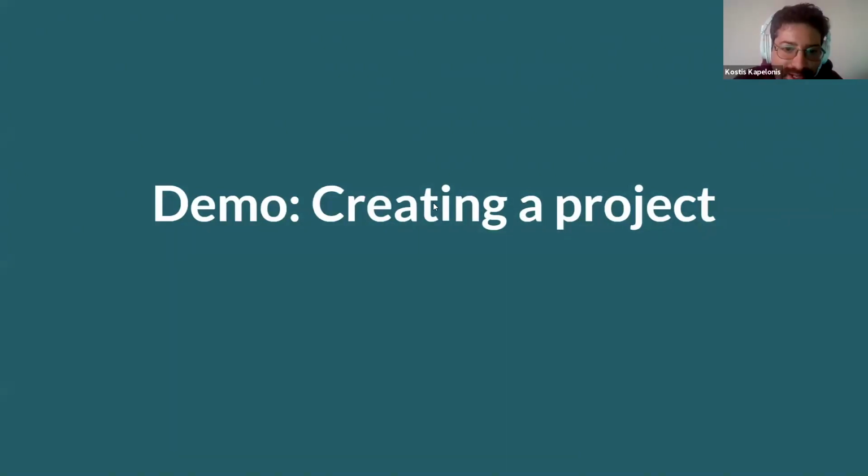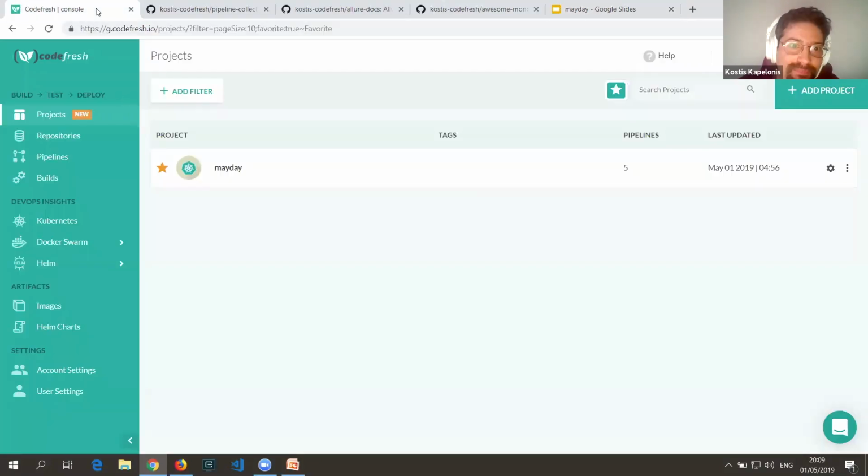Yes, so today we have lots of demos, so let's pray to the demo gods. Creating a project is one of the most simple ones, just to get started. So this is the Codefresh UI. If you have never seen it before, it has everything you want in one single place, and this is the